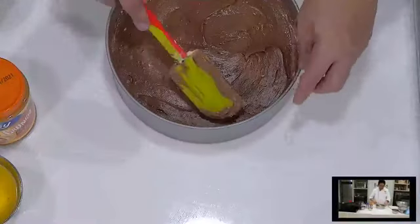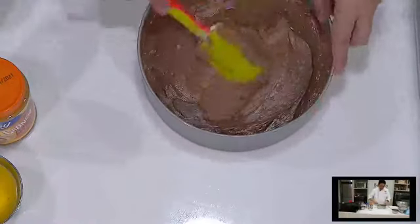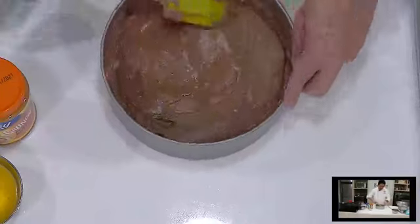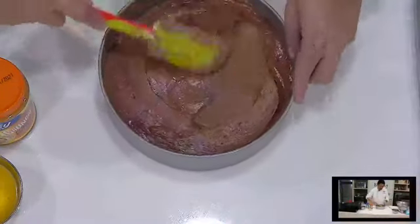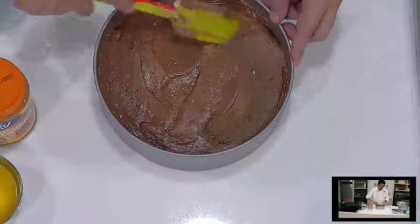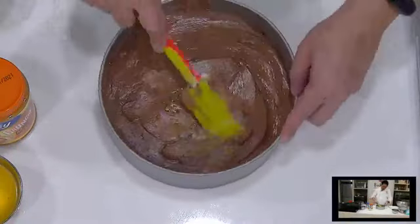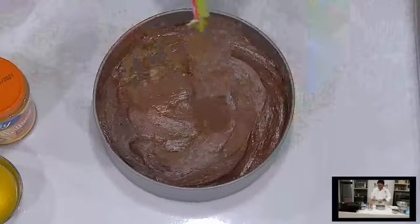So I just slightly level and smooth the mixture of this chocolate cream cheese, right? So slightly